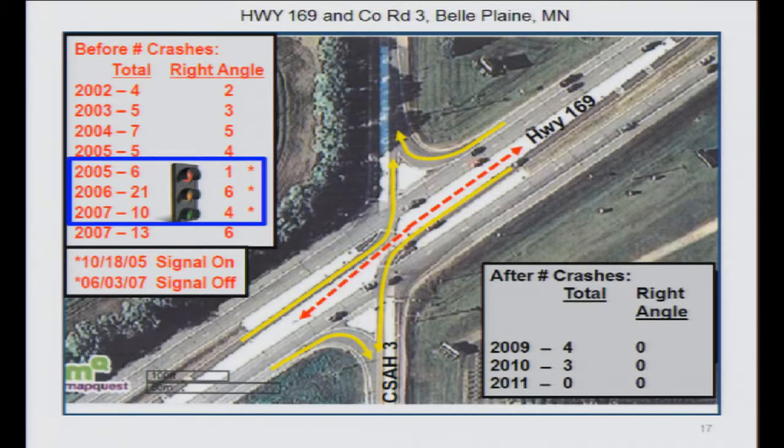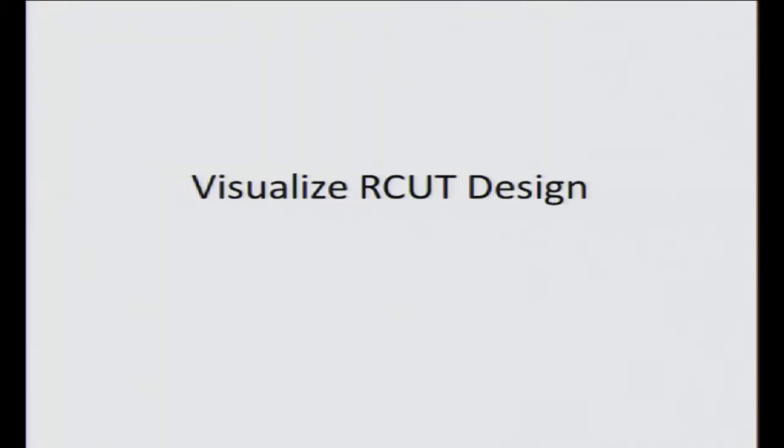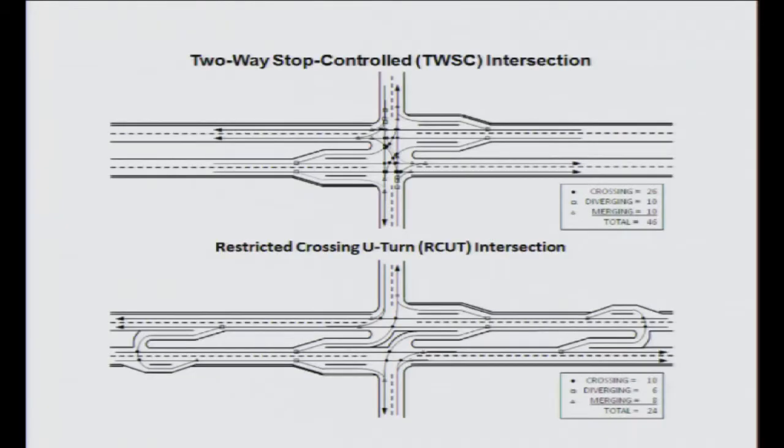And what you can see is after converting into an RCUT, the total number of crashes reduced, and the angle crash was eliminated. So this is what you will see in terms of the safety benefit between traffic signal and RCUT design, okay? And now we need to come up with some way to visualize the different aspects of the RCUT design so that we can go to the parkway meeting, have the citizens examine this design in more detail,